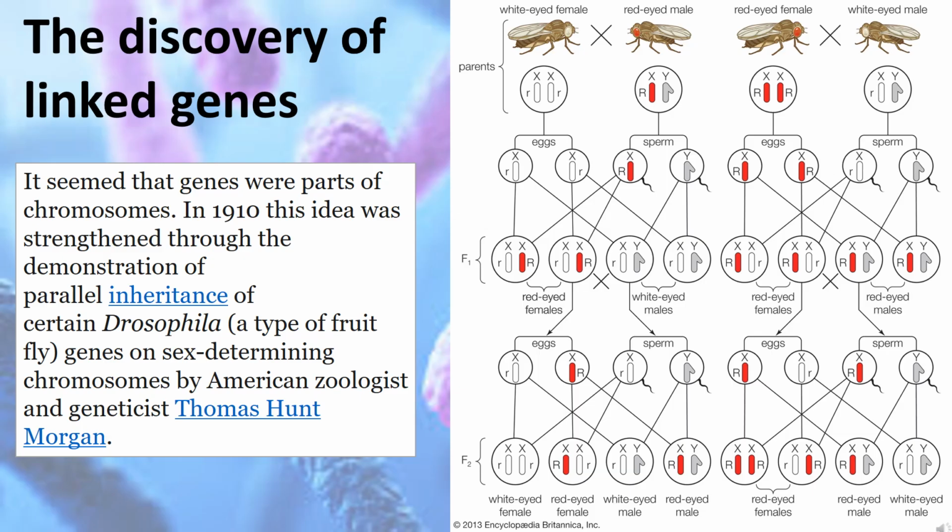Morgan and one of his students, Alfred Henry Sturtevant, showed not only that certain genes seemed to be linked on the same chromosome, but that the distance between genes on the same chromosome could be calculated by measuring the frequency at which new chromosomal combinations arose. These were proposed to be caused by chromosomal breakage and reunion, also known as crossing over. In 1916, another student of Morgan's, Calvin Bridges, used fruit flies with an extra chromosome to prove beyond reasonable doubt that the only way to explain the abnormal inheritance of certain genes was if they were part of the extra